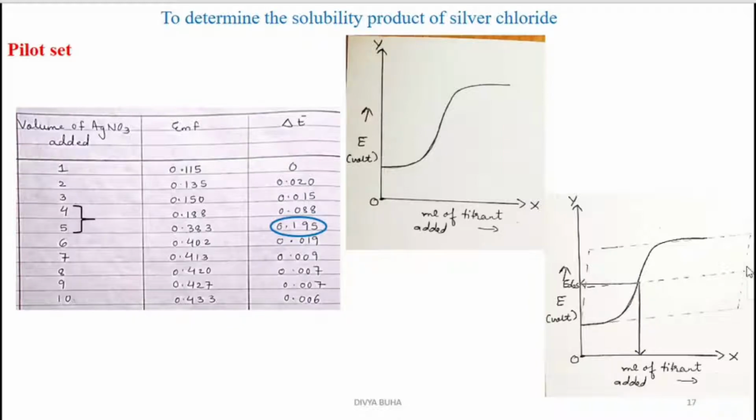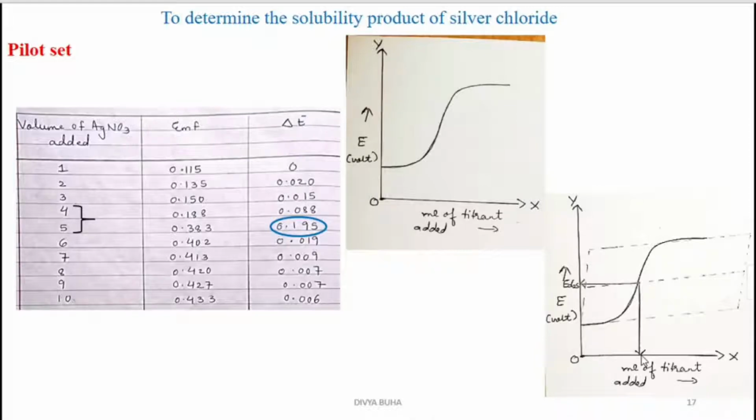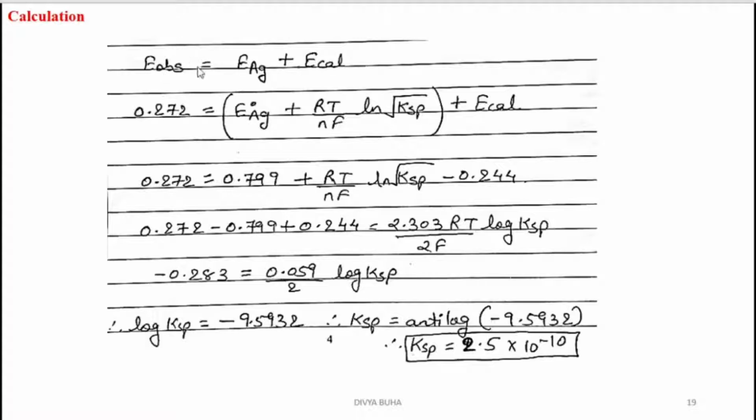Okay, and then find out the center. Okay, and then join the center. So wherever this line meets this curve, equivalence point would be there. Okay, so we know that equivalence point is obtained at 4.9 ml. So here that would be 4.9 ml. Draw a straight line from here, and then again draw a straight line from here. So whatever the potential value which you get over here would be considered as E observed, that is EMF which is being observed, and this E observed or EMF which is being observed would be the EMF of the entire cell.